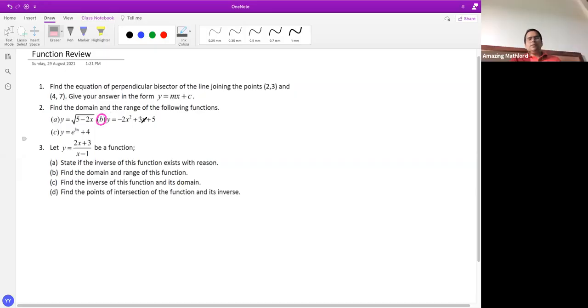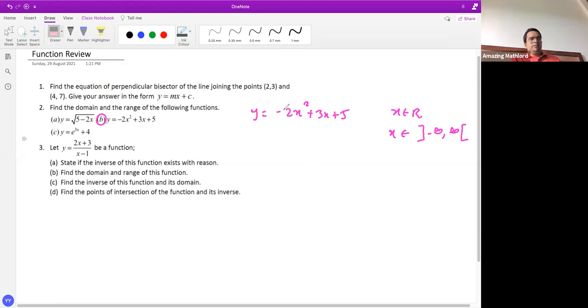So now as far as B question is concerned, negative 2x squared plus 3x plus 5. Again, domain is pretty easy to predict here because it's any polynomial function defined for x belongs to real numbers, which can also be written as minus infinity to infinity. So that becomes the domain for any polynomial function. But it's always good to show the graph and all. Now for range, we're going to need the vertex because the parabola